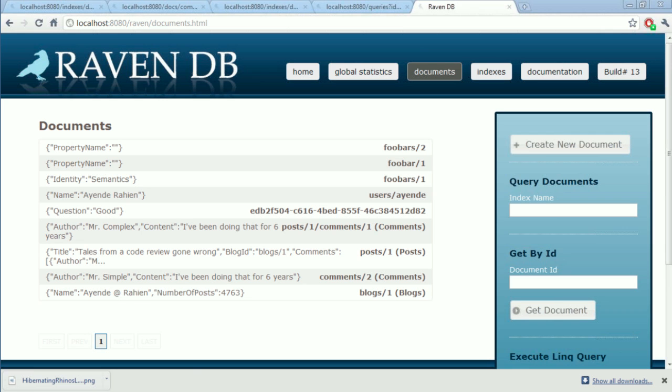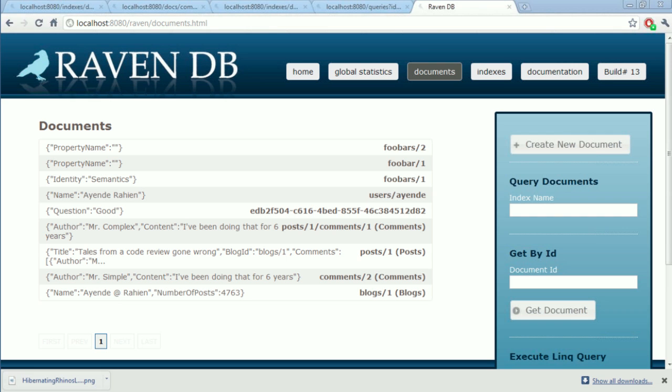Okay, so let's see. Can one update multiple documents automatically? Yes. What you're talking about is set-based operations. And here we have to consider several features of RavenDB that combine to make this feature. The first feature is that we have the ability, again, when we're talking about big documents, to send just the update to the document in question.